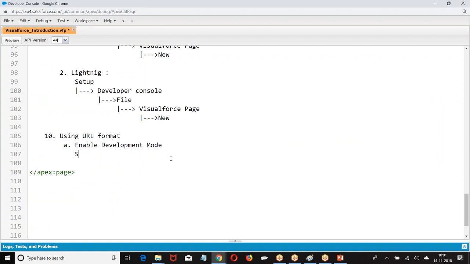So how do you enable the development mode? Select user.